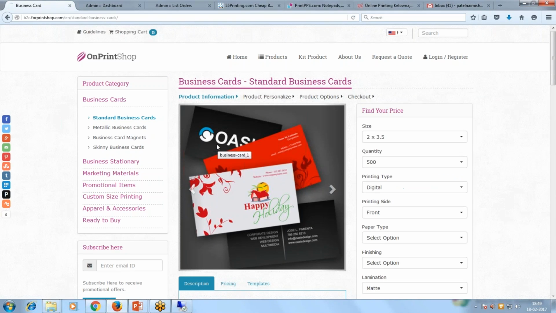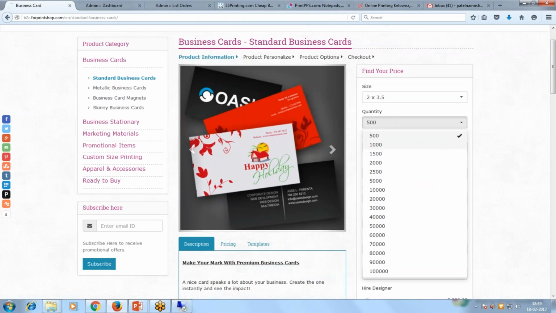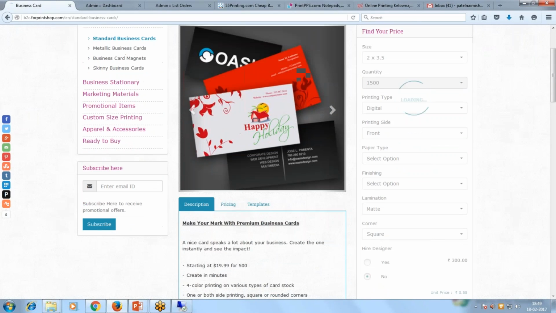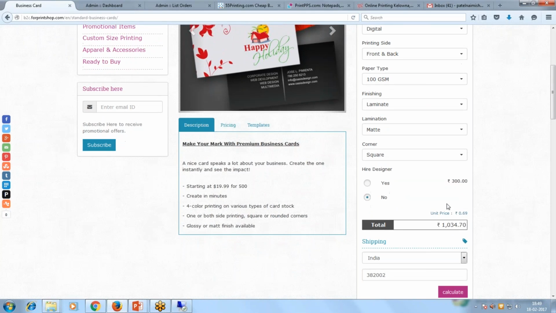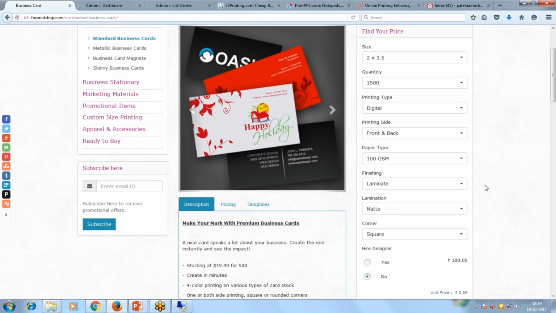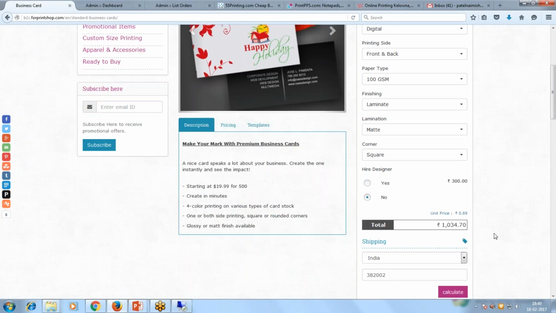So simply your customer service team can directly go to the store and select whatever items the customer asks for. And this is a dynamic price calculator. According to your print capabilities, you can set all various options. I'm just showing you a sample product which we have created, but this can be configured in your own way in terms of what printing capabilities you have, what additional options you offer per product, and you can set your cost. So here the customer is directly getting a cost that for 1500 business cards, it will be 1000 rupees,